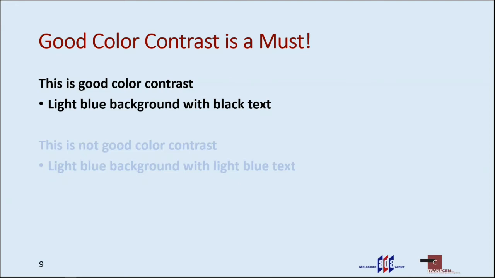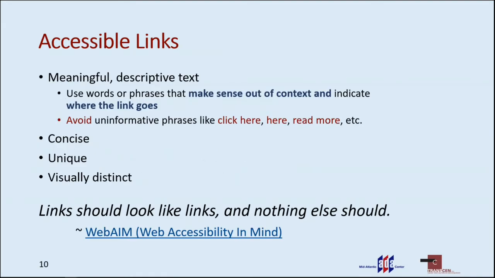Slide number 10, accessible links. It is vital that we ensure all links have descriptive text. For example, say you're planning a customized employment webinar and you want to include a link in your presentation so people can click the link and register for the webinar. For the webinar registration link, you might want the hyperlink to say, register for the customized employment webinar.